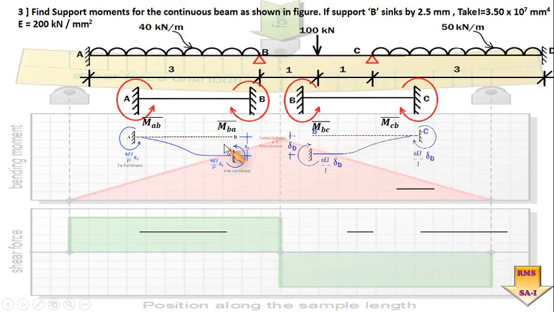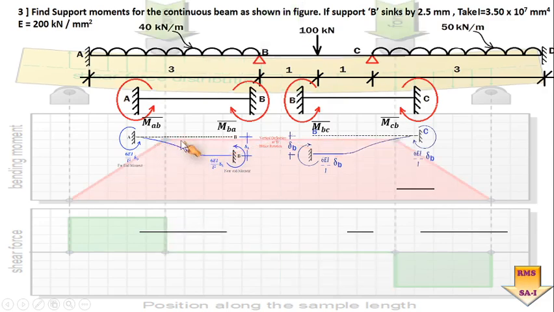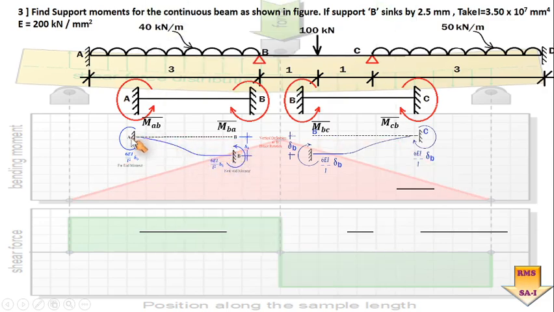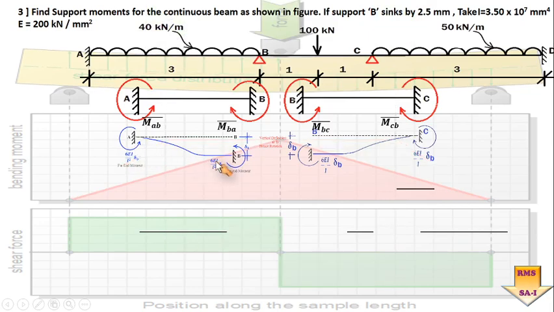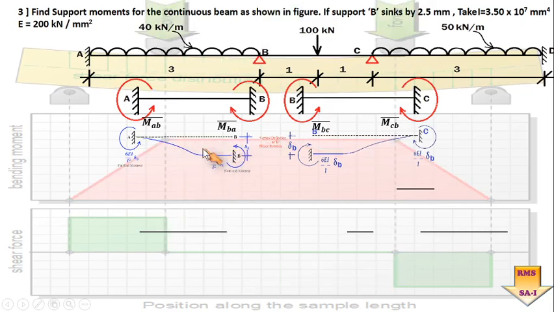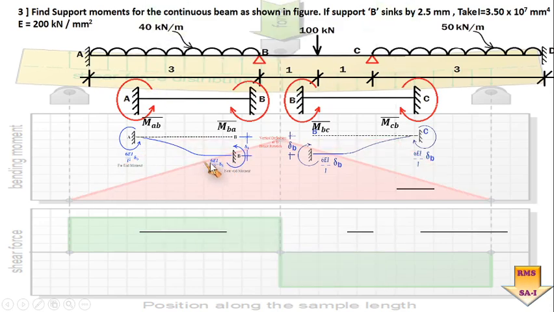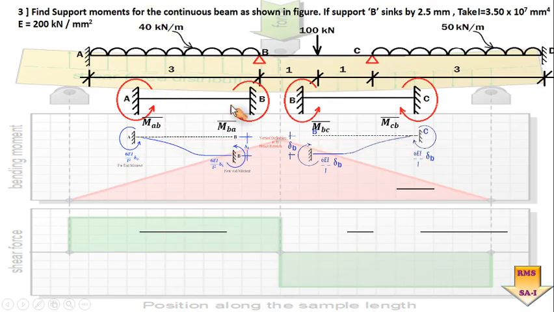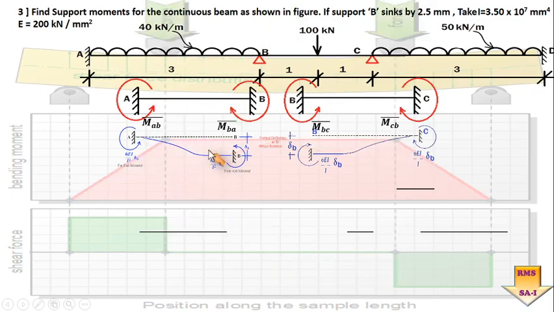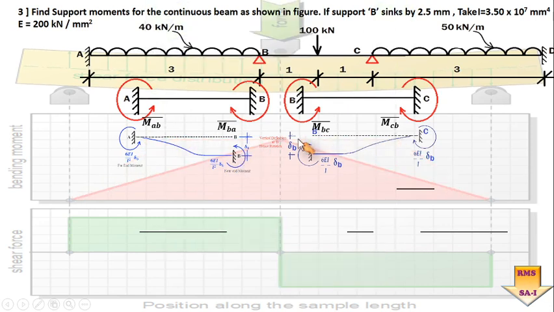As this couple is the only force acting on this particular free body diagram, it will act as it is on the far end. It is not carried over, but it is transferred from one end to the other end with the same magnitude and with the same direction. This we have already seen in the introductory part of this moment distribution, how it is to be taken as an individual. So here we have shown the effect of fixity of the beam as well as the effect of the sinking of the support about point B for the span BA as well as for BC.